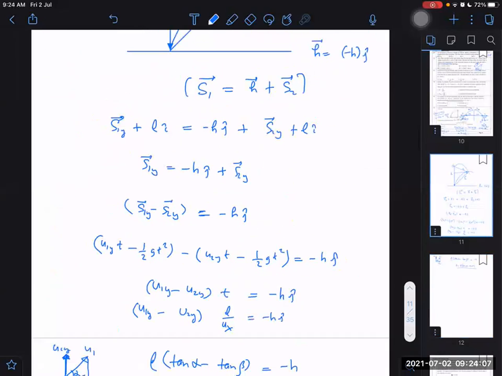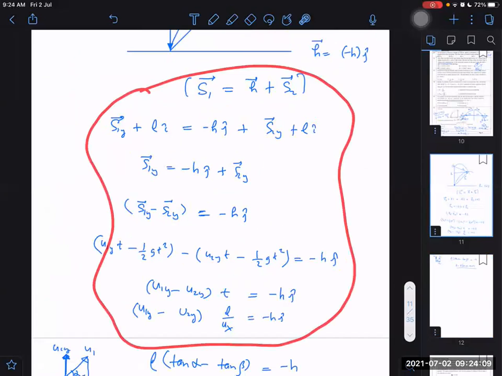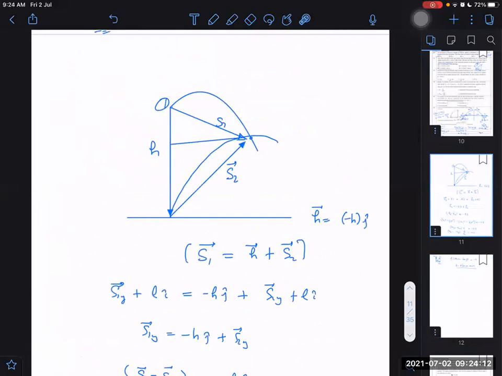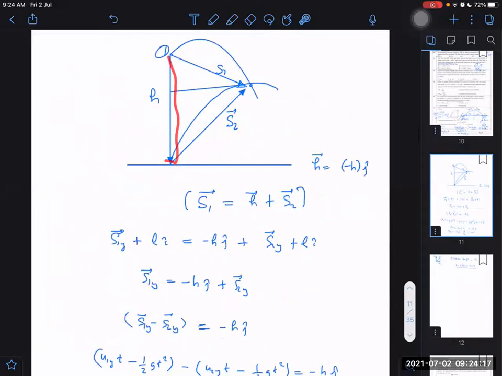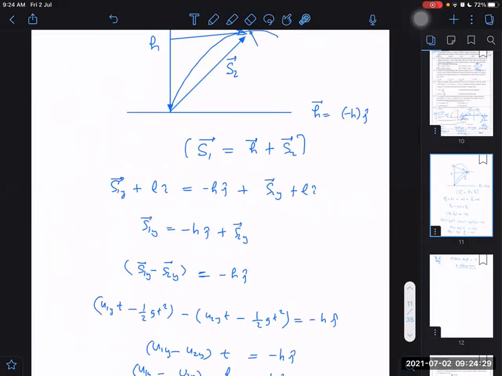Did we use relative motion anywhere here? No relative motion used. What we are doing is just writing the S1 vector, S2 vector, and H along minus j cap. By the triangle of vector addition, these are taken in the same order. I could have taken H as plus j cap also, then I would write H plus j cap plus S1 is equal to S2. It doesn't make a difference. After that, S1y is unknown; I don't know whether along j cap or minus j cap, so I'm just writing S1y vector. S2y is also unknown, so I'm just writing S2y vector. But L i cap is clear for both, and that is getting cancelled. Then we are left with this equation.